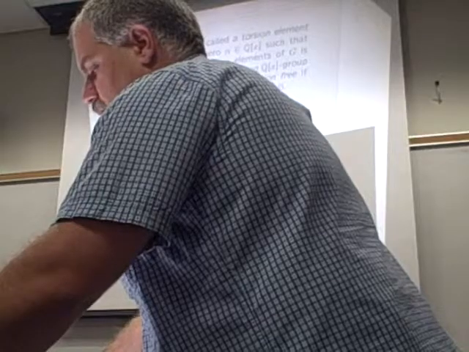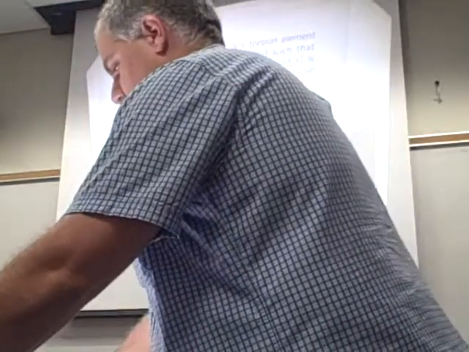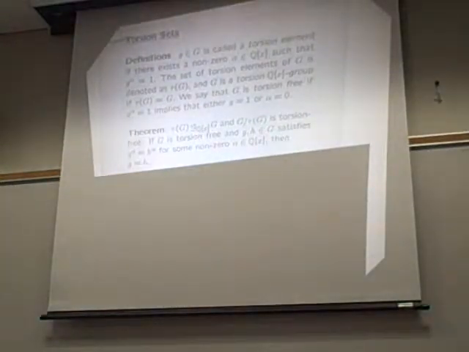Now, a theorem that shows up in Hall and in Warfield says that if you look at the set of torsion elements, it actually is a QX subgroup and it's normal in G. And also, if you look at the factor group, it's torsion-free, so that's obvious. Furthermore, if you have that G is torsion-free and you take any two elements satisfying the equation g to the alpha equal h to the alpha for some non-zero alpha, then g must equal h. Okay?